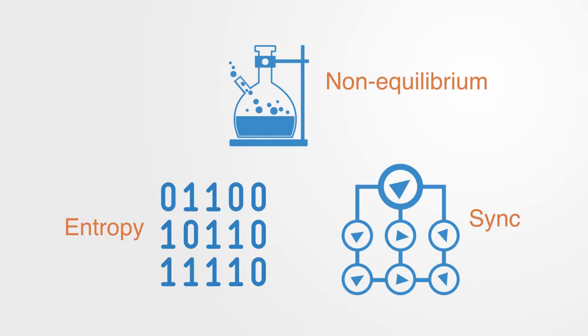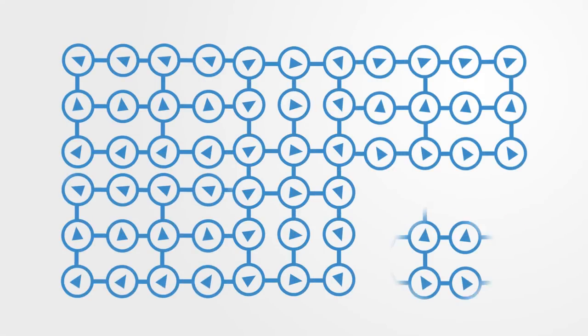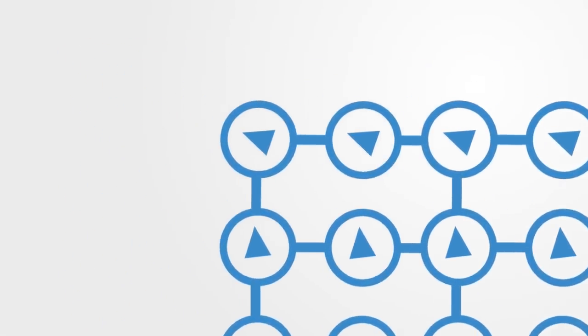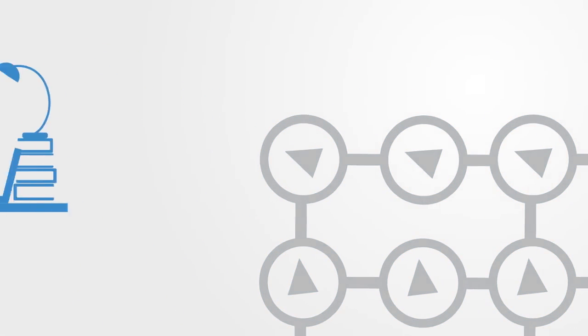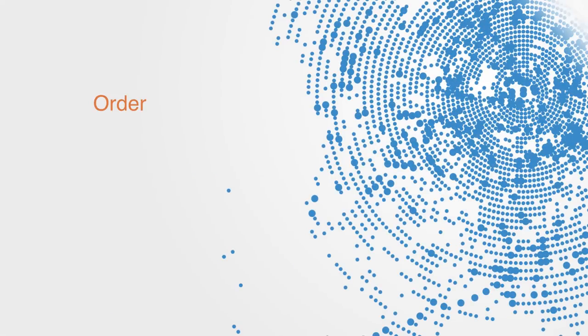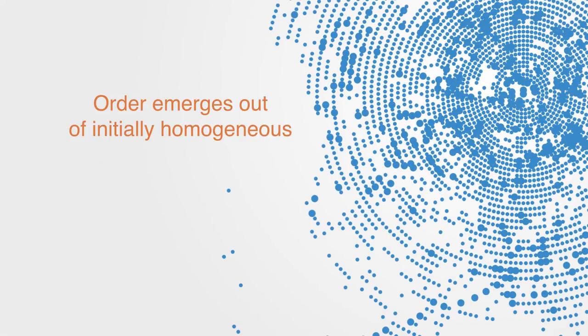Here we are looking at how elements governed by simple rules synchronize their behavior, with the result being a process of self-organization as patterns of organization emerge from the bottom up. Researchers try to model complex systems by capturing these local rules and using computational tools like agent-based modeling to try and simulate the process through which order emerges out of initially homogeneous or disordered states.